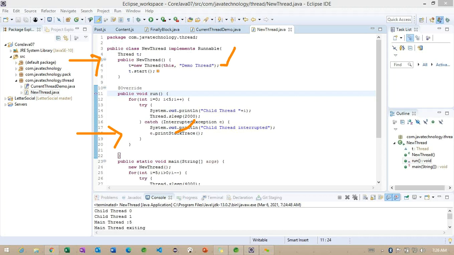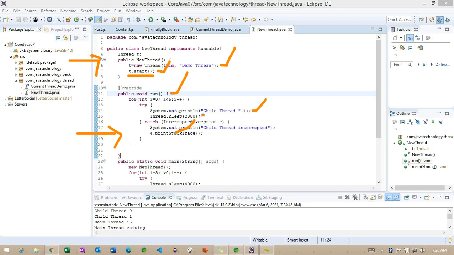Once the thread object is created, we are starting the thread. When this start method is called, what will happen? This particular run method will execute here. Whenever the run method is executed, it's trying to print the i value and it went for the sleep.